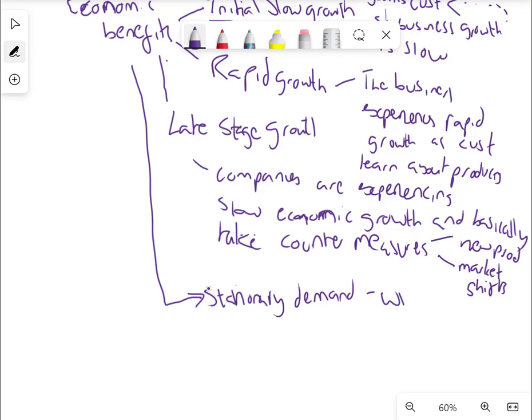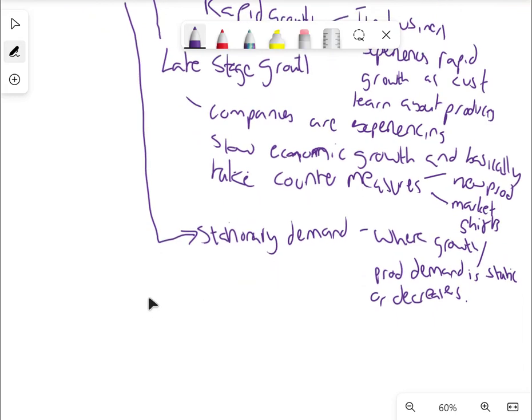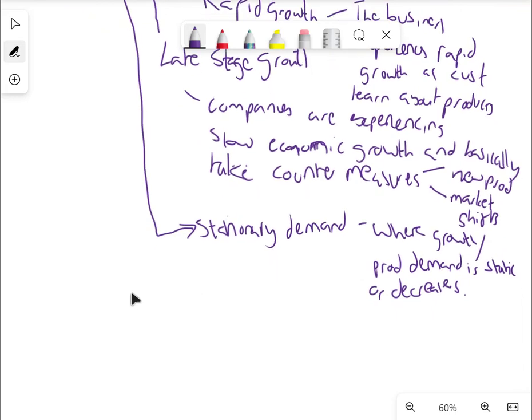Where growth or product demand is static or decreases. So it's fizzled out. So companies can either